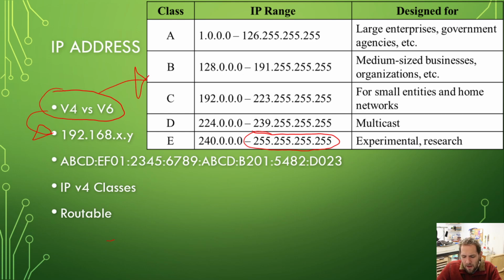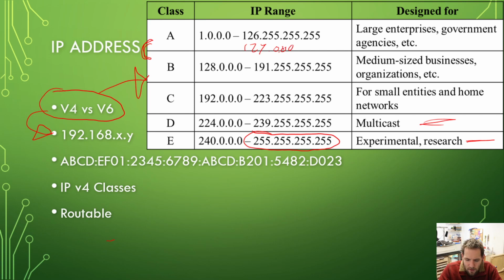We have an experimental and research category up at the top here, so not stuff that we're using on a daily basis for most places. We have multicast options, and then down here we have specific ranges which are reserved for certain categories of things. This is to keep miscommunications from happening once you're on the World Wide Web. So you can see there is a bit of a gap from A to B. We only go up to 126,